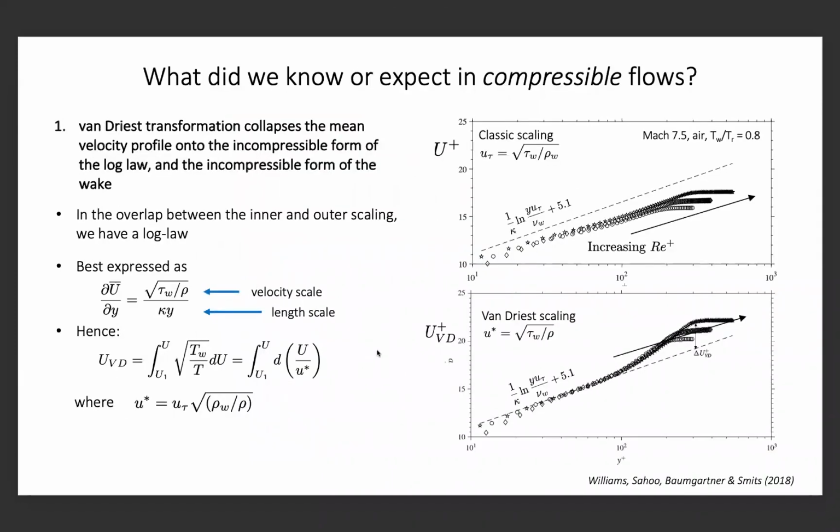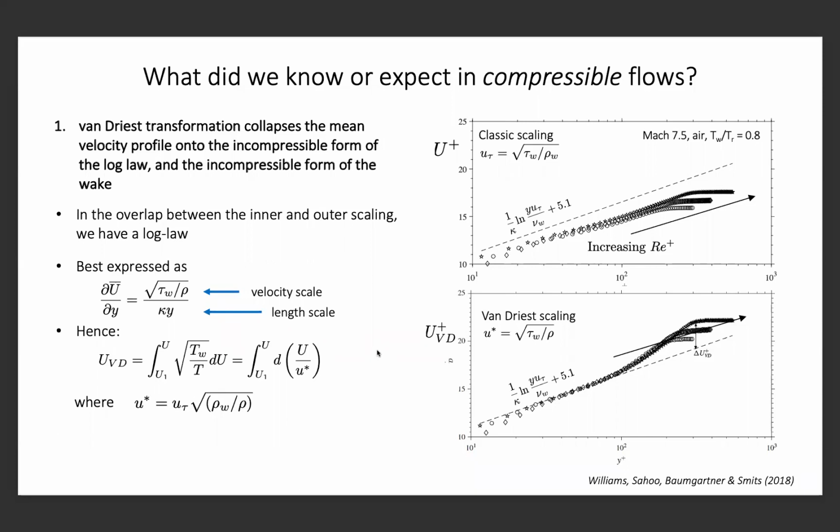So going back to posing questions again, what did we know or expect to see or have some notion of for compressible flows? Well, one of the things we know pretty well is that the Van Driest transformation collapses the mean velocity profile onto the incompressible form. What is the Van Driest transformation? Well,